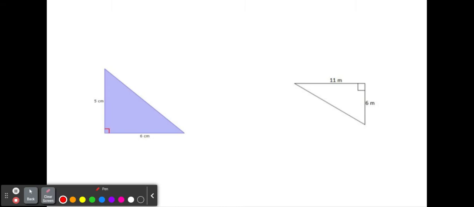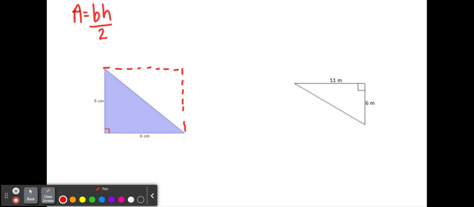The next step in our lesson is finding the area of a triangle. And the area of a triangle has a slightly different formula. The formula is area equals base times height, but then you divide it by 2. And the reason that we do this is when we do the base times the height, if I were to